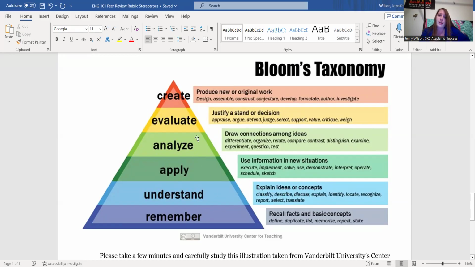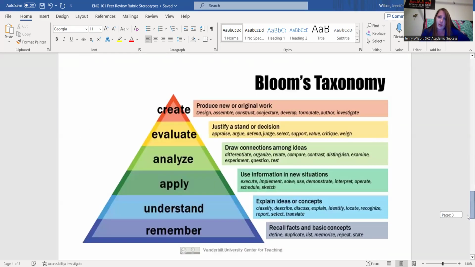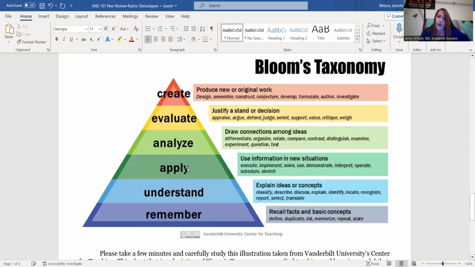If you can look at this pyramid and do your best for any college essay to move up the pyramid, so it's not part of my grade sheet. My grade sheet is up here, okay? That's what I'm using to grade it. But the more you can write paragraphs where you're using information that is available online, but you're applying it to a new situation that you come up with yourself, that's better, right? That's better than the average high school book report.